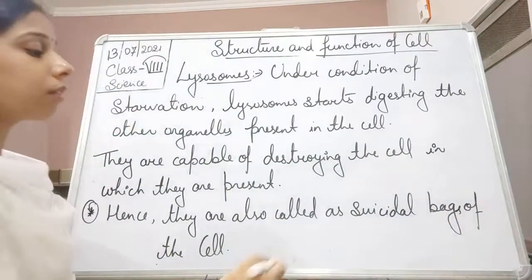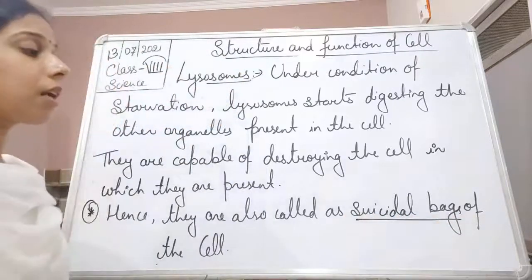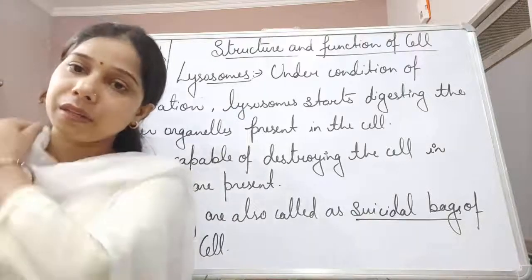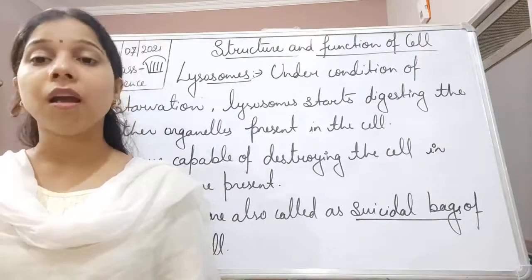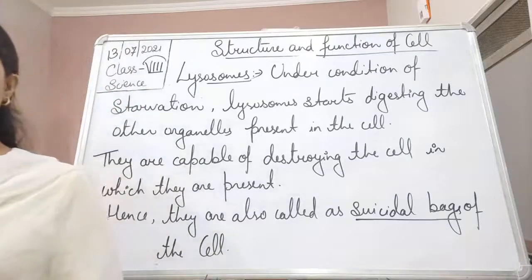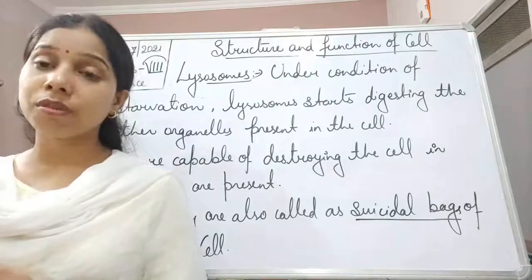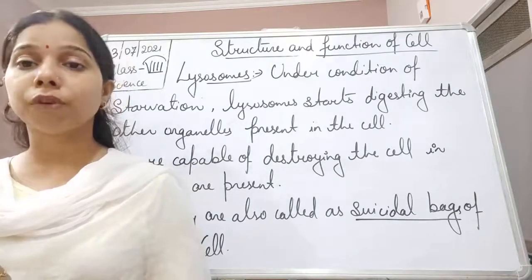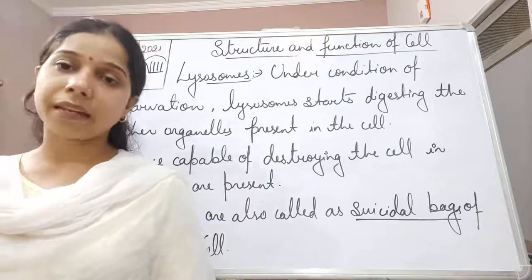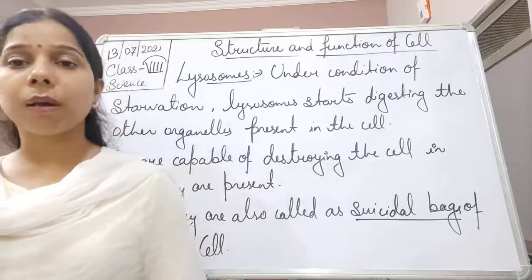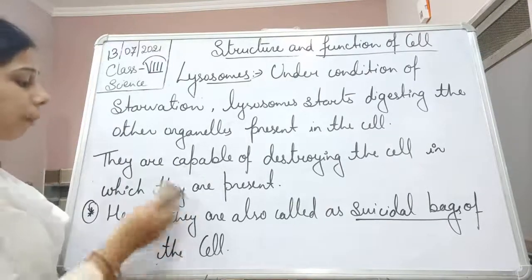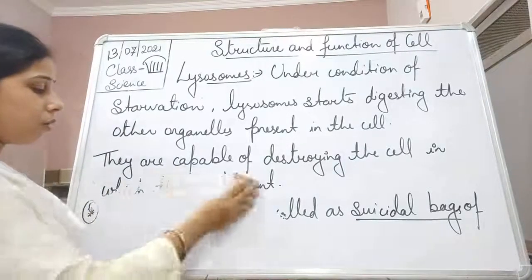This is an important term, student, because many times the question is asked which cell organelle is called the suicidal bag and what is the reason behind calling it a suicidal bag. So I hope you have understood the reason here, that is since it releases the digestive enzymes which start eating its own cell organelles, that is responsible for destroying the cell, and ultimately the name given here is suicidal bag of the cell. So this is all about the lysosome.